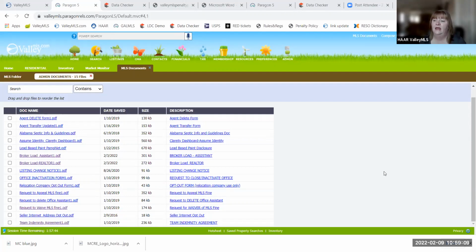And the other thing that is tripping people up is the schools and the subdivisions. The way I showed you with the searches, the contains versus the equals field, because of the way this has to populate, also something weird happens when you enter a listing. You put in a subdivision, you put in your schools, you save your listing, you go to look at it. Let's say you're supposed to print that agent full off and show it to your broker or your agent. There's no subdivision on it. There are no schools on it. What? I know I put that in there.